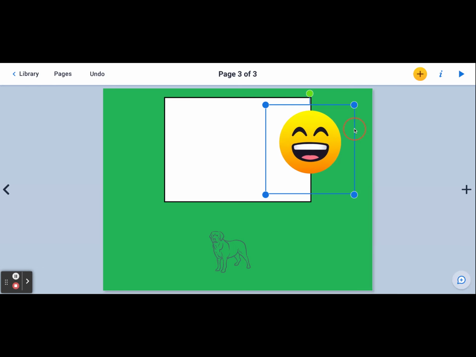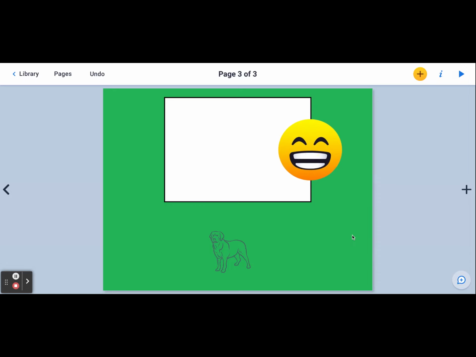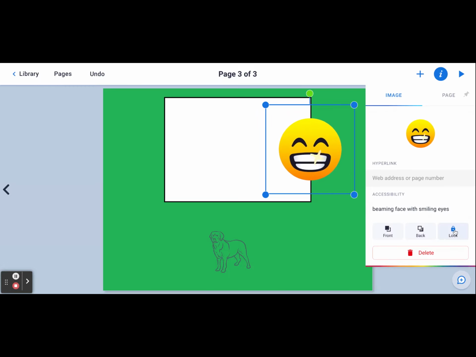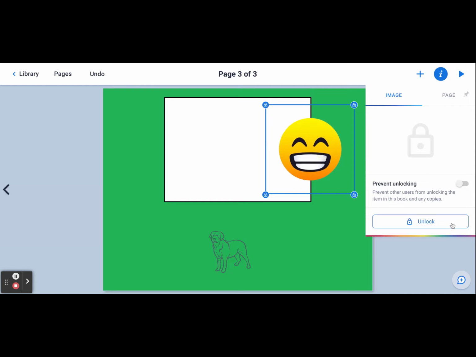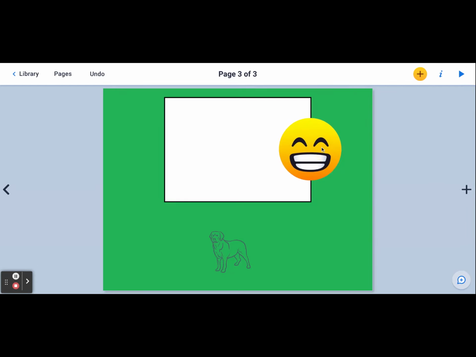Kids will figure them out very quickly. If you are building a template and you're putting something in that you don't want the students to move, then in the I for Inspector, you just make sure that you lock it. And so right now this is locked, so if I make a copy of this book for somebody else, they will not be able to move that